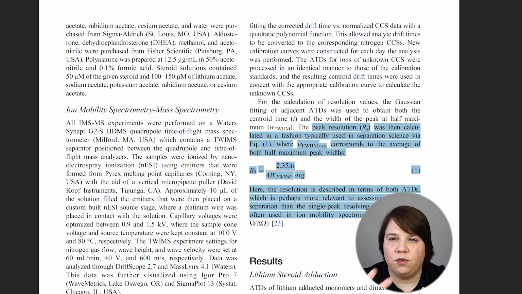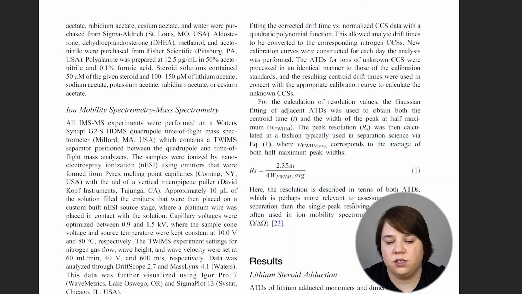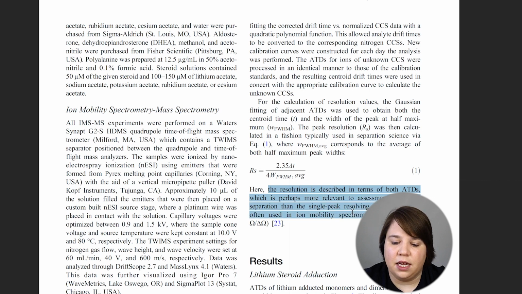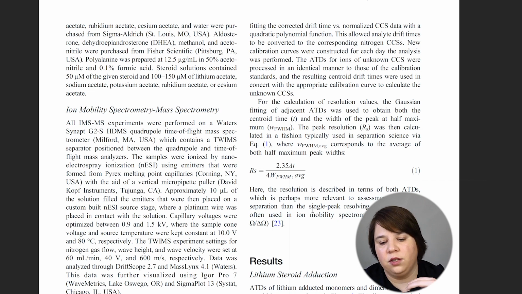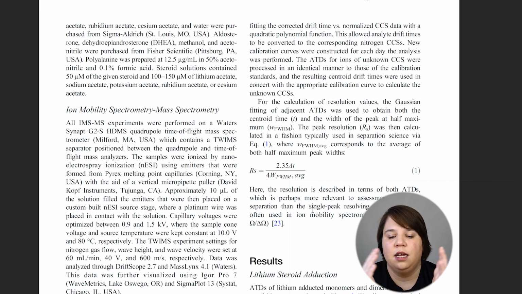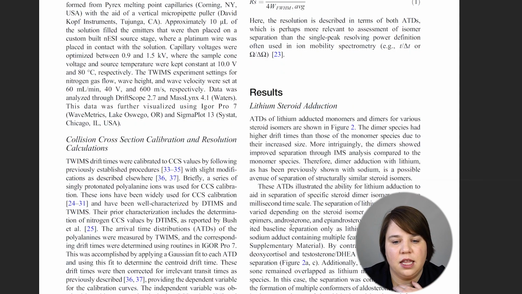Instead, sometimes reframing the sentence so it gives a little bit more, reads a little bit more like a story, can be better. And then I talk about how it's described. And so here I am talking a little bit more about why we're using it, so that we're using a resolution that actually describes it with two variables. So you can actually tell the difference between two peaks instead of just one, which is typically used in the